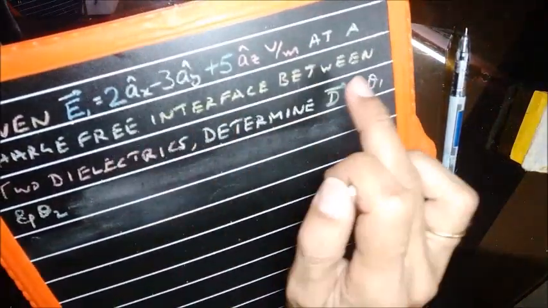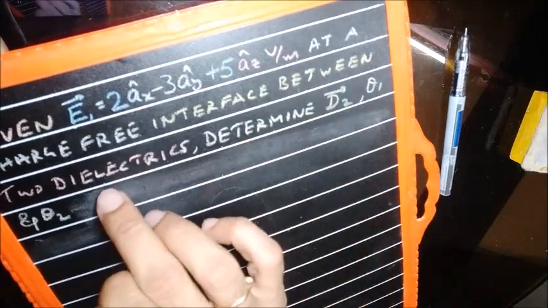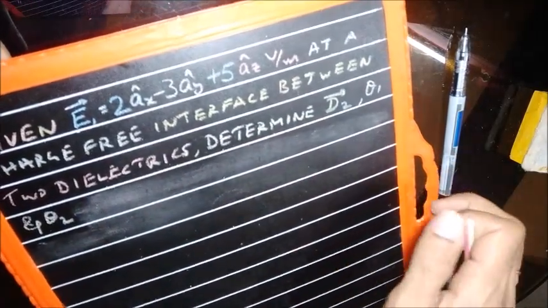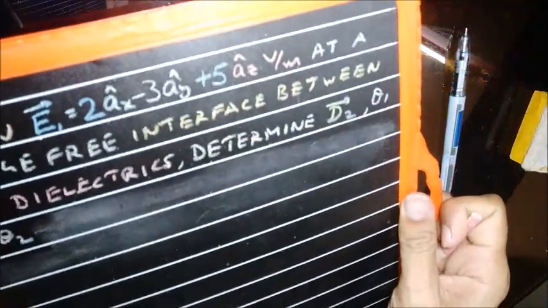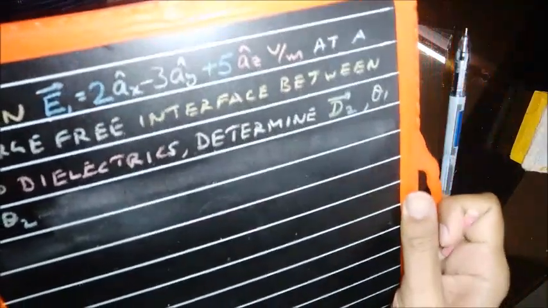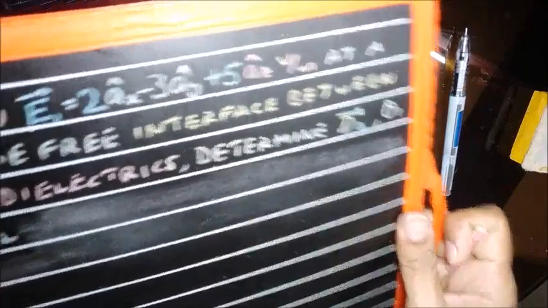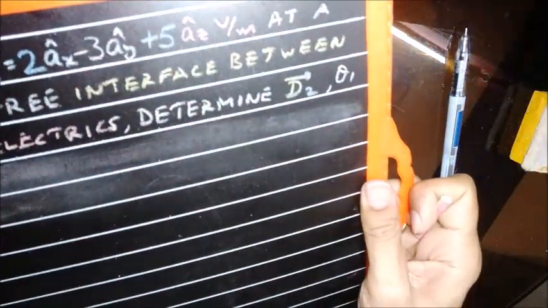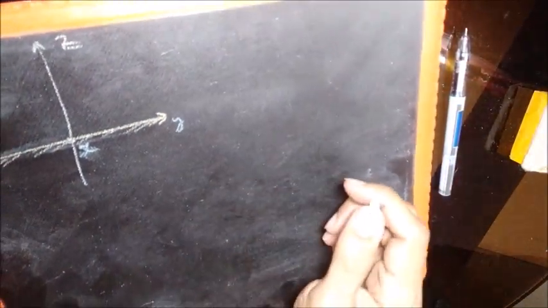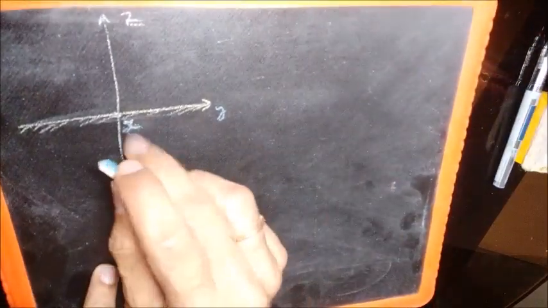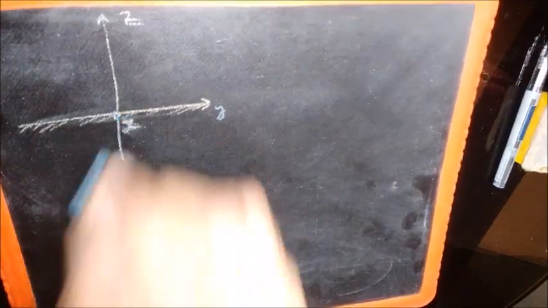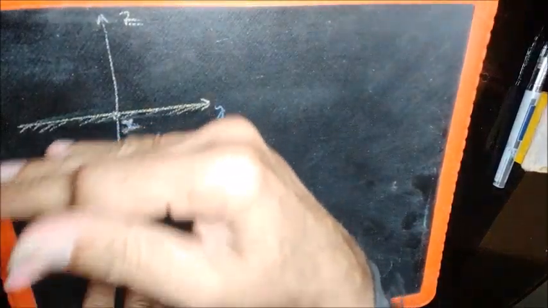Yeah, so it is not mentioned here whether the interface is the XY plane. So the interface is the XY plane, which should have been mentioned here, but let's assume that it is mentioned here. I didn't write it. So the interface is the XY plane, which means that the figure that we are drawing is correct. So this is the X axis, this is the Y axis, so this is the interface,